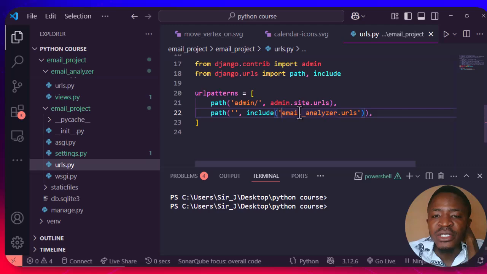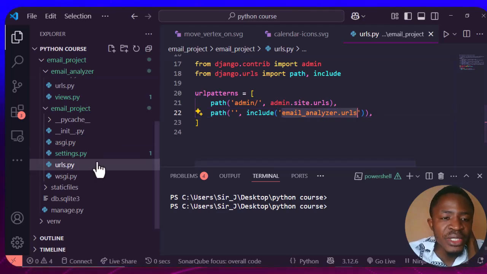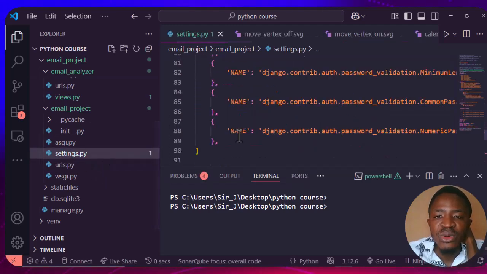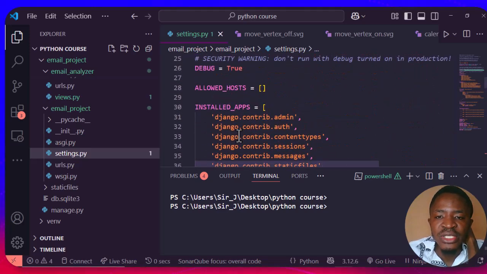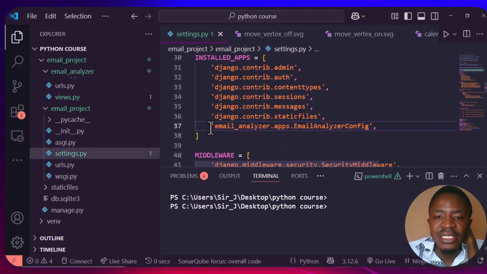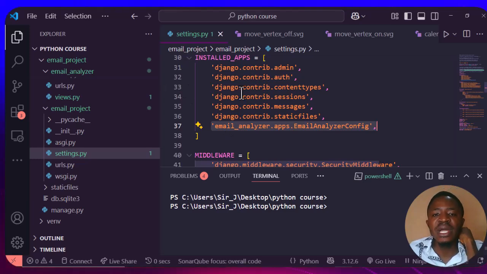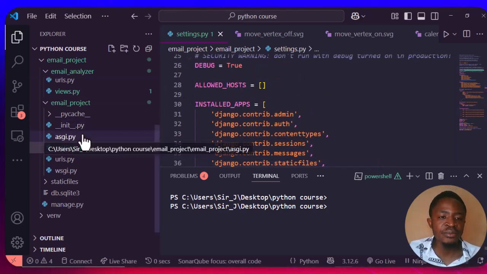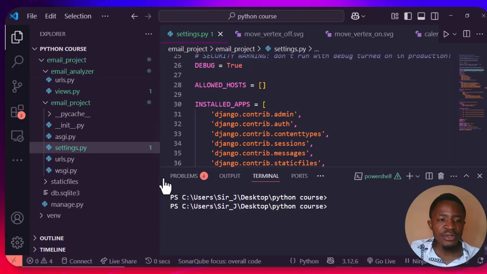So for you to connect both of them to communicate, you do two things. You add your email.url to your URL in your project. You go to settings and then you go to the installed apps and you add your email analyzer like this. All right, so this is what we are doing in here. So when we now run this code,